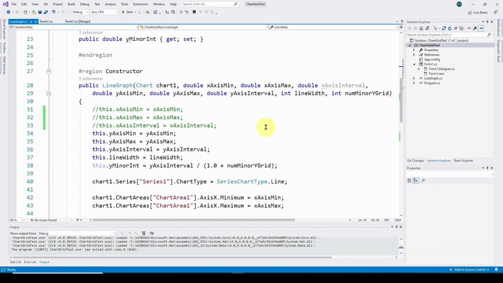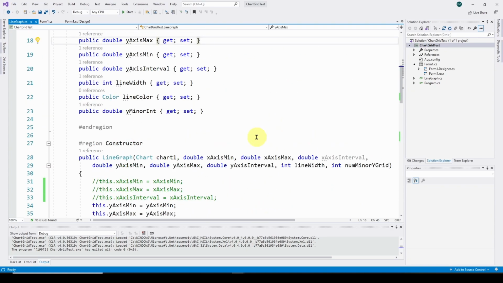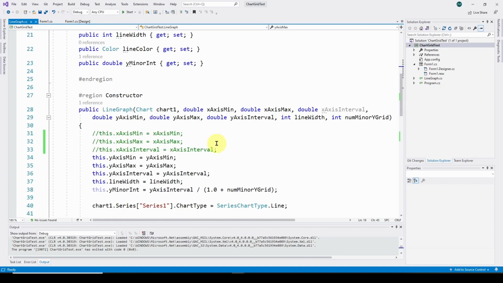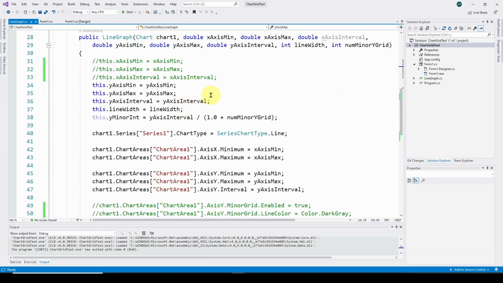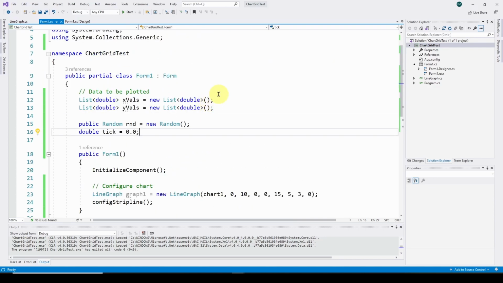So again, this is a really nice way to not have to constantly go through all of this to set up your charts. Just make a class and instantiate that class and give it some numbers in the constructor and you're all set to go. So that's about it, I think, for the